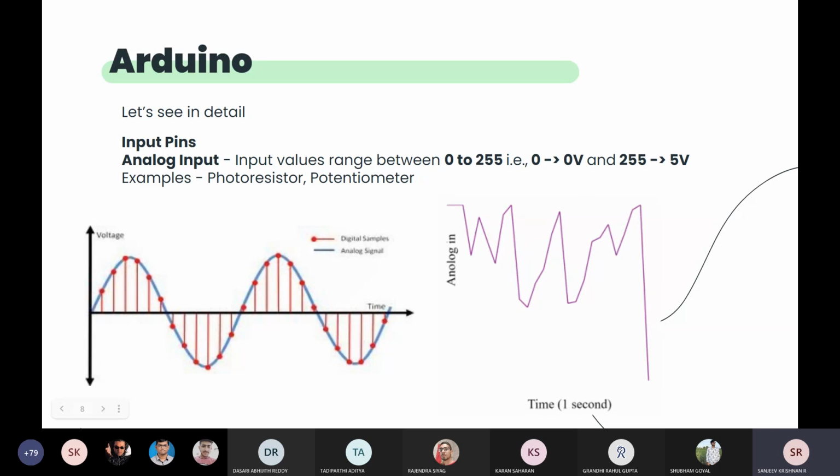So the whole range gets divided into 256 steps, 0 to 255.